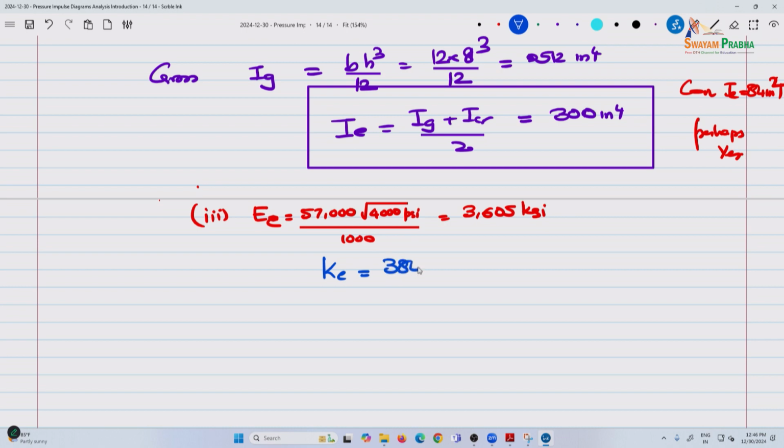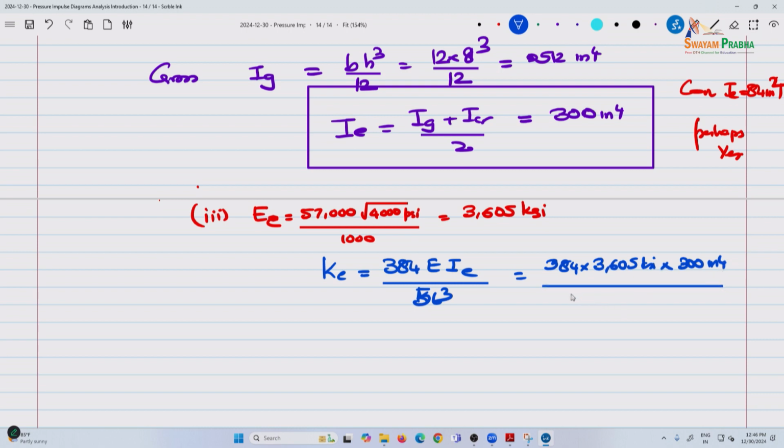This is 384 EIE divided by 5 L cubed, which is 384 multiplied by 3605 KSI multiplied by 300 inches to the fourth. It's going to make a big difference what I you use. 5 times L is 13 feet. So comes to,